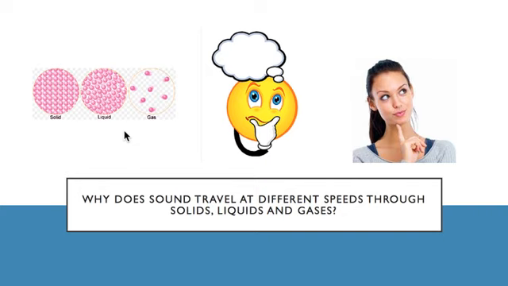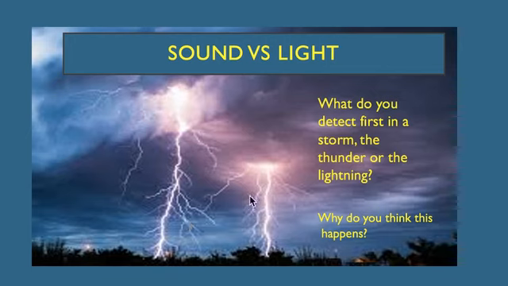A sound is this movement of particles created by something, and then the sound travels through depending on how closely the particles are. So in solids, the particles are very close together, and in gas, the particles are far apart. So the sound travels fast through solid and slow through gas.